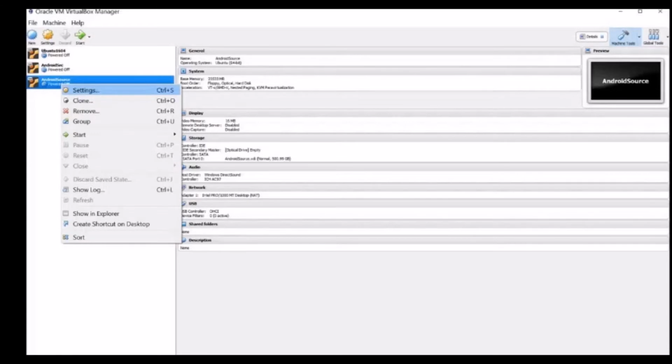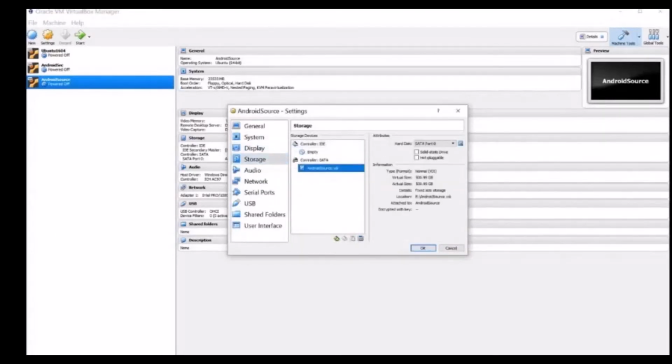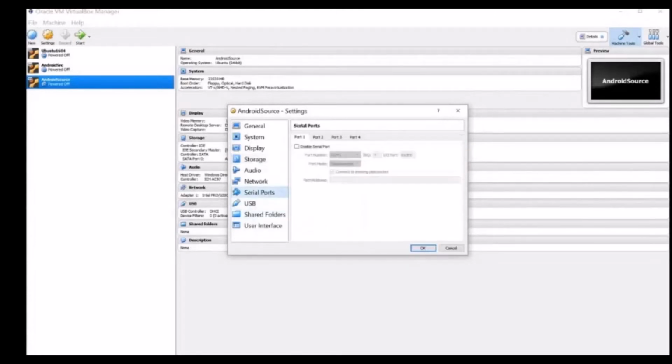Click the VM that has been created right now and click Settings. Navigate to Storage, Controller IDE, load the Ubuntu 18.04 image onto it and click OK.